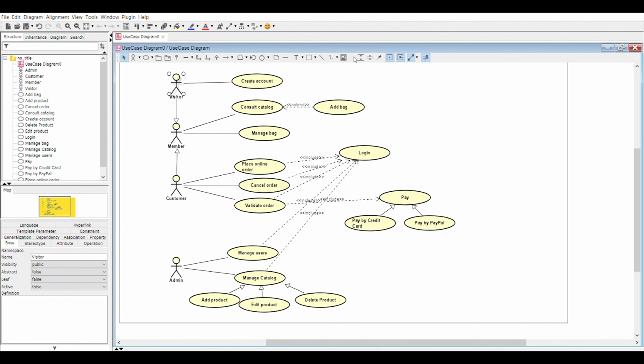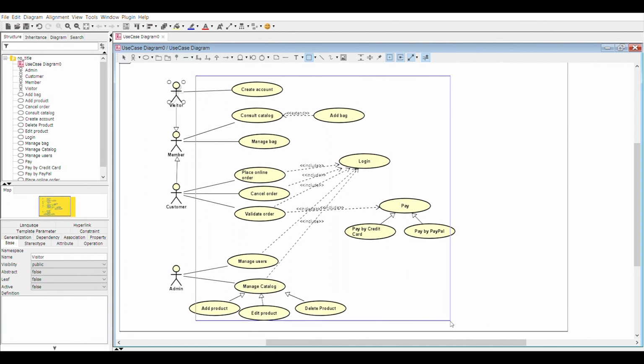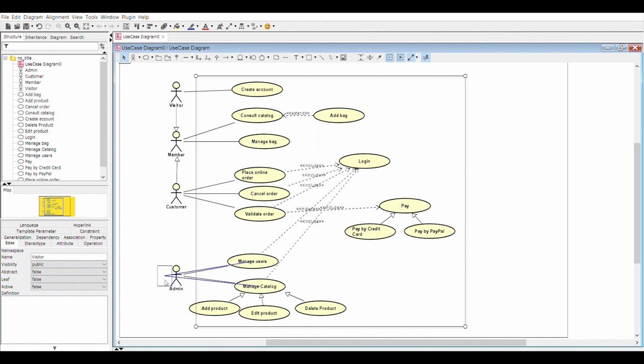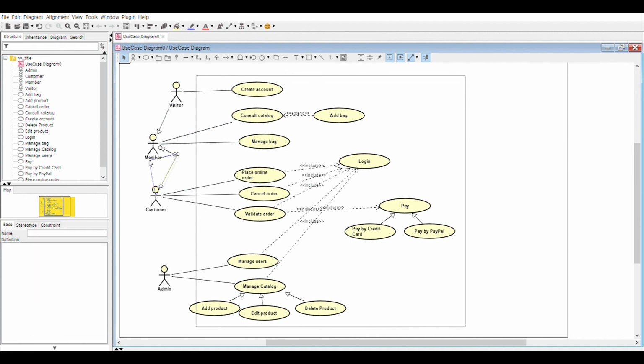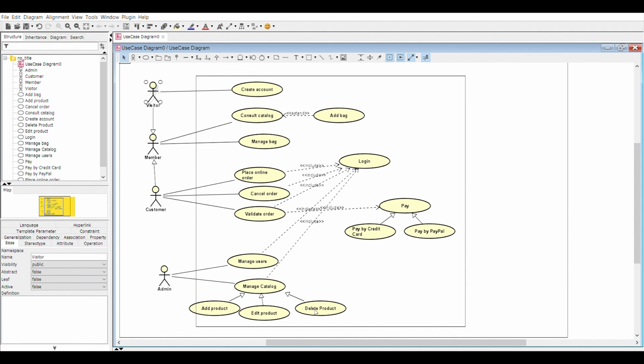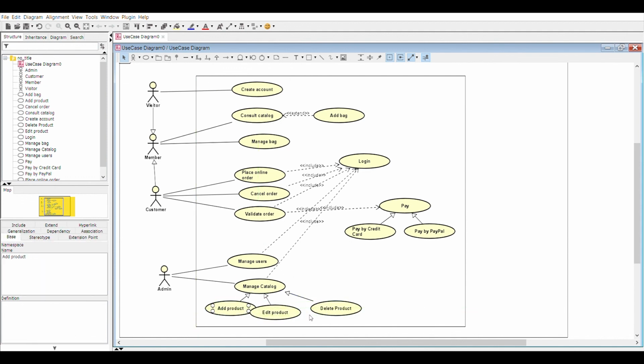Okay, and of course I will add the system boundary here with this rectangle. I will draw the system boundary like this. I will repeat this symbol. So here is the system boundary: all that is inside this rectangle is my system. And here are the actors. As we said, the primary actors usually are represented on the left of the system.